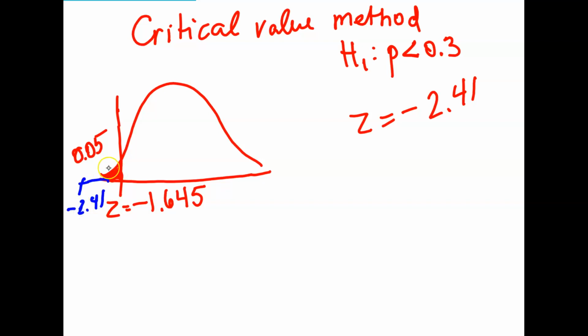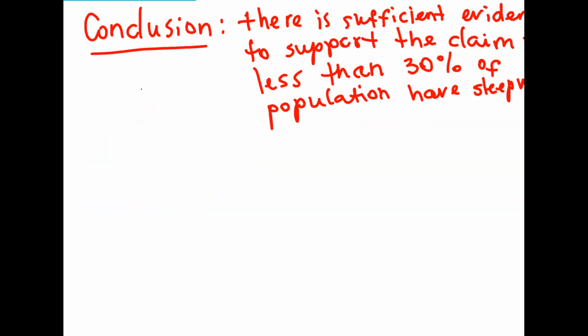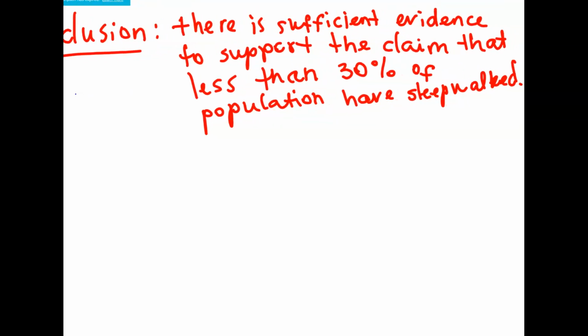Can you see that it's located in the critical region? Since our test statistic is located in the critical region, we reject the null hypothesis. And based on the wording of the conclusion, we can say that there is sufficient evidence to support the claim